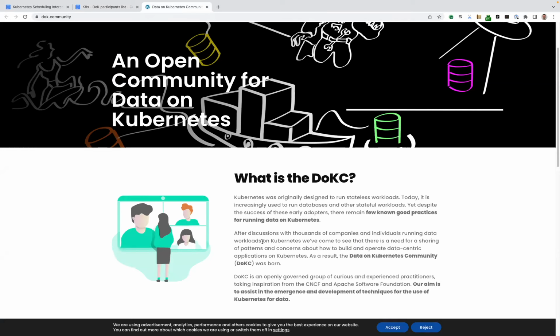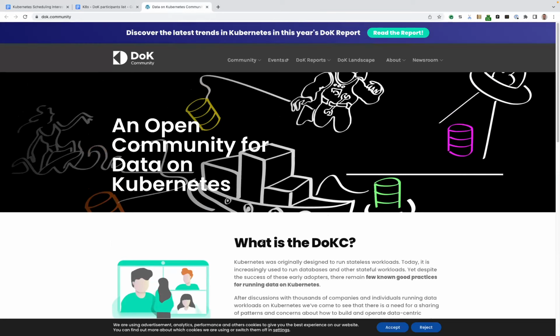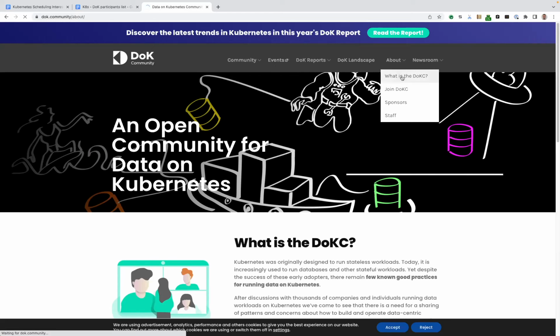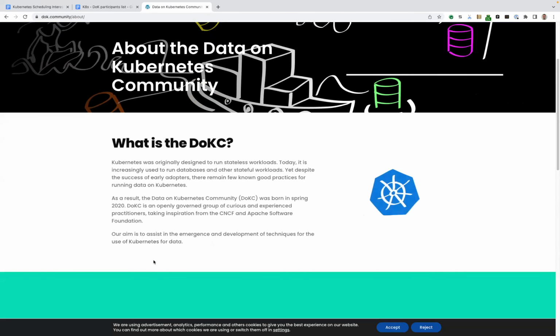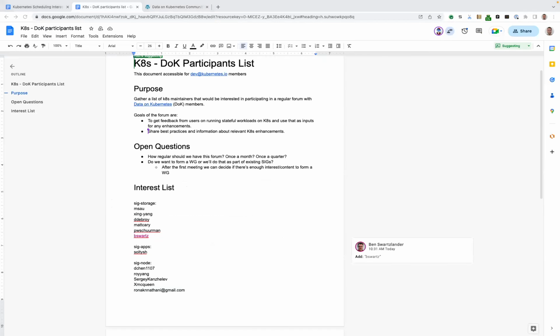And so I'm just going around to all the SIGs to gather interest. When that session is actually scheduled, I can reach out to everyone here with that. And I think eventually, if from that first session there's enough topics to talk about to be worth creating a working group, like a stateful working group, that is also a potential option on the table. And so yeah, that's all I wanted to talk about here.